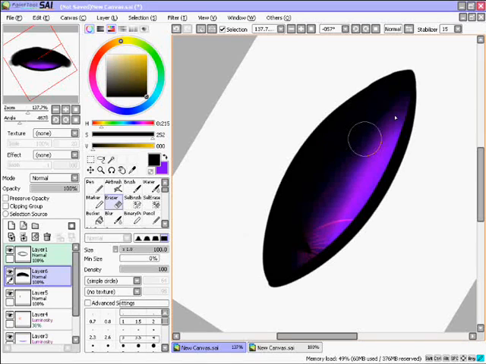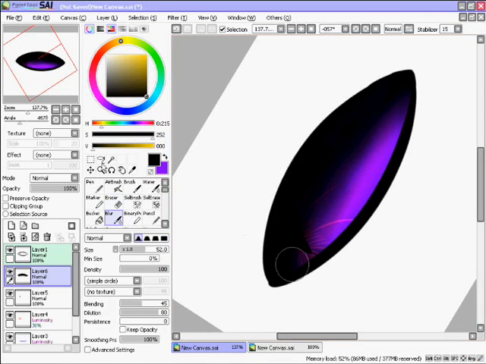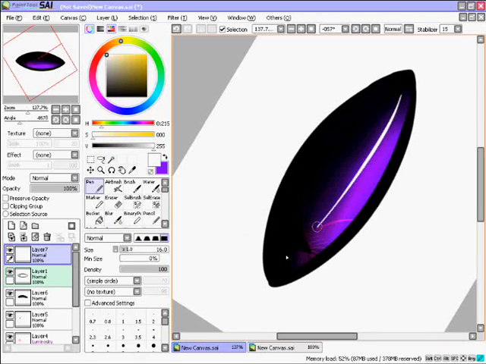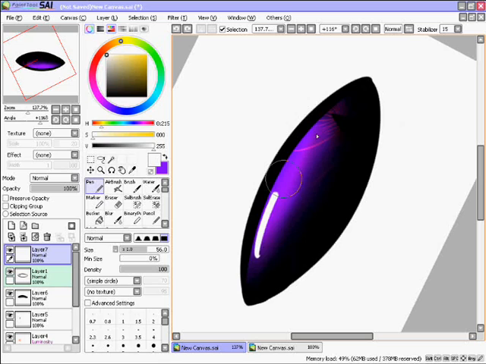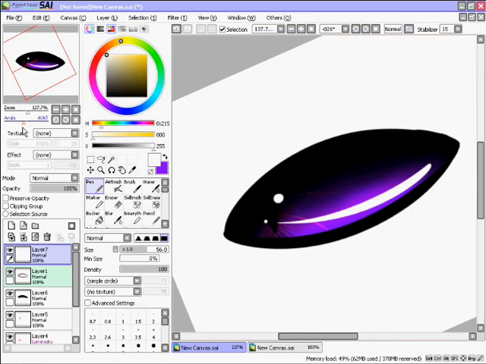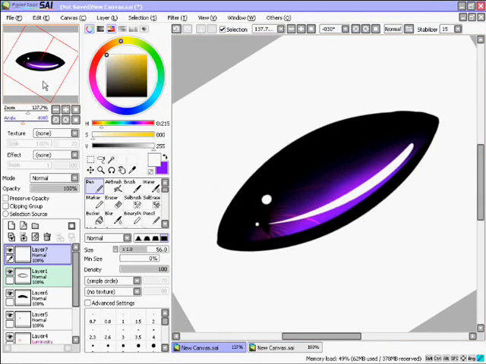I'm gonna mess around to blur a bit more. Yes, that's okay now. That's good. Then make a new layer above the line art, and then we're going to need a white. And I'm gonna need a pen tool. And then we do the little highlights. I like to do it like that, but you can do it any way you like because this is just